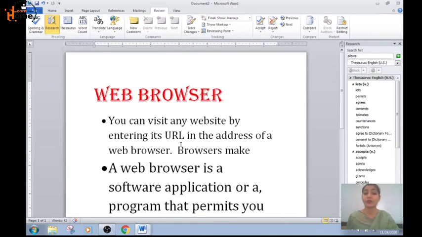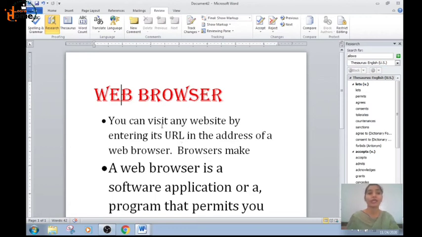Saving is very important in MS Word or in any software. If you are working on the system, before closing the document, you have to save it, okay? Otherwise, all your data will be lost. When you work on the computer, the memory is saved in the temporary memory, and when you shut the computer down without saving the document, all the data will be lost.